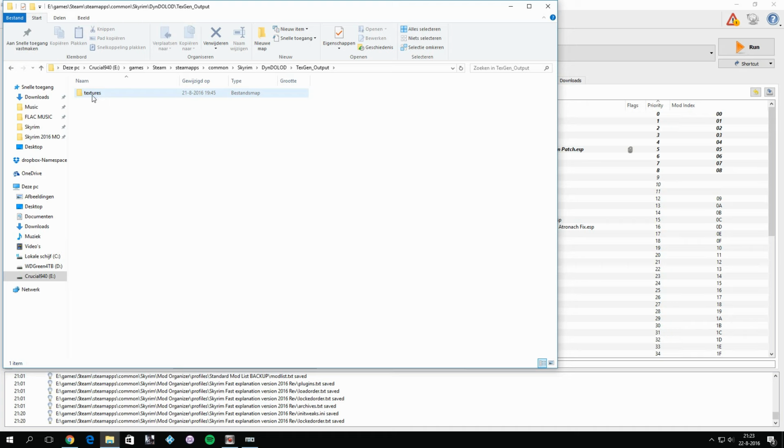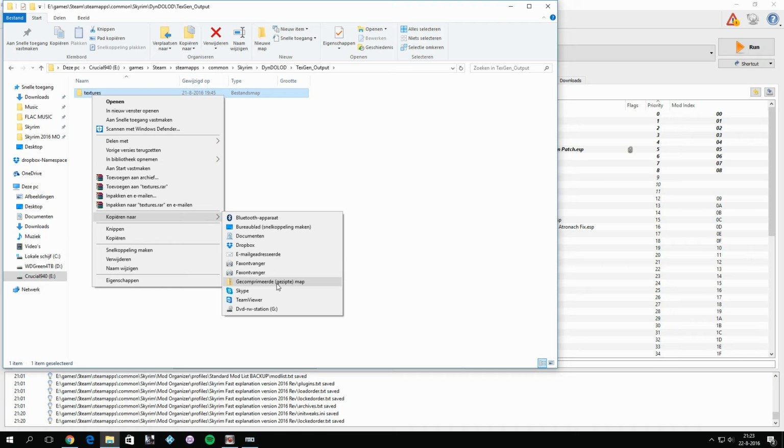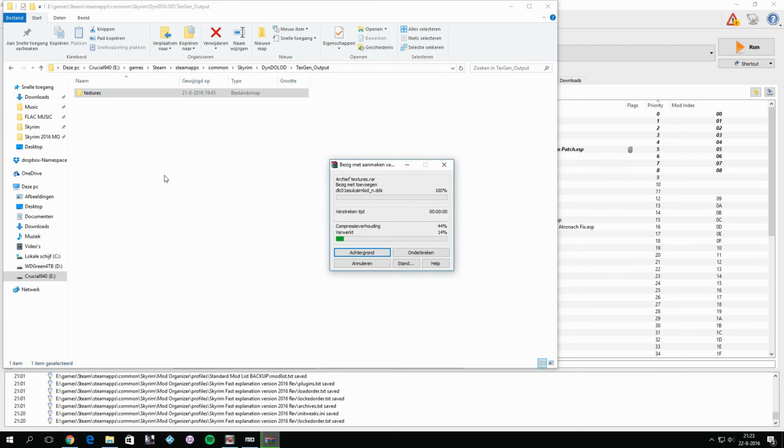And what you need to do is right click on it, and if you have WinRAR, you can just add it to a RAR file, or if you just have the standard Windows compression, you can copy it to a compressed file. A zip or RAR, a RAR file will do both. So I just put it to textures.rar, and we need to change the file name,